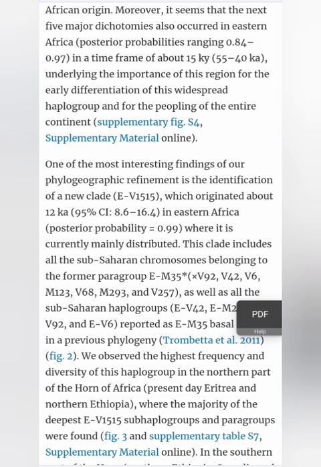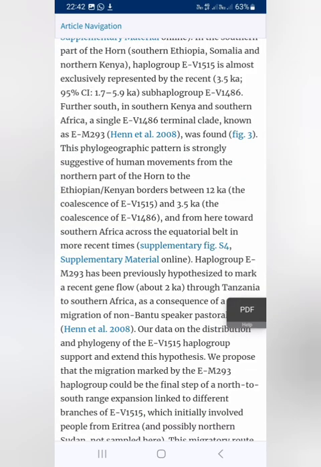We observe the highest frequency and diversity of this haplogroup in the northern part of the Horn of Africa, where the majority of the deepest clades are found. In the southern part of the Horn, haplogroup EV1515 is almost exclusively represented by a recent 3,500 years ago subhaplogroup,